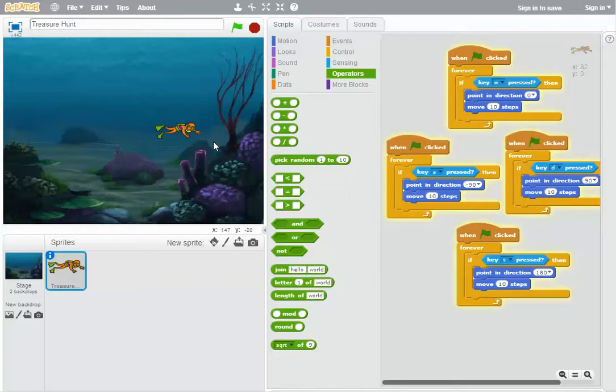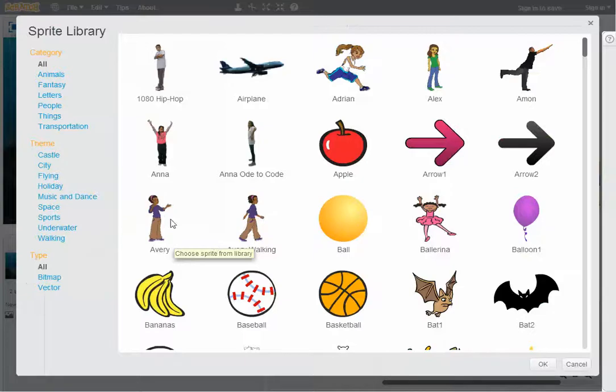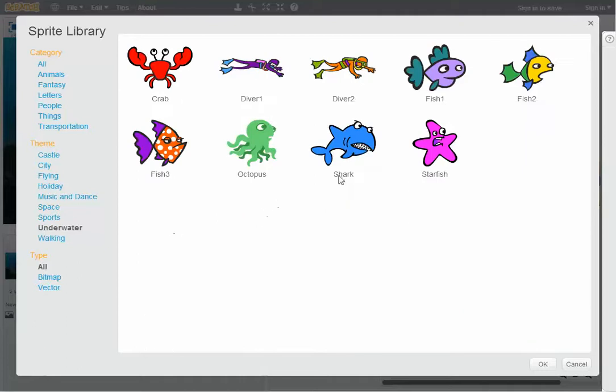Okay, so we've created a game where we've got a main character who moves kind of nicely around the screen, and what we're going to do next is create some prizes for him to collect, or a prize for him to collect. Now in the underwater theme, I'm going to add a new sprite, choose something from the library, stick with my underwater theme, so there we go,